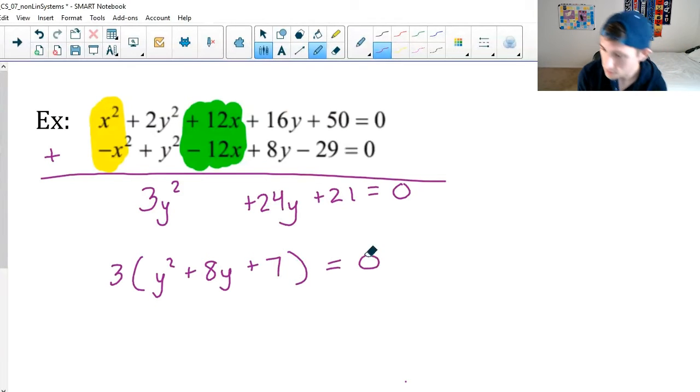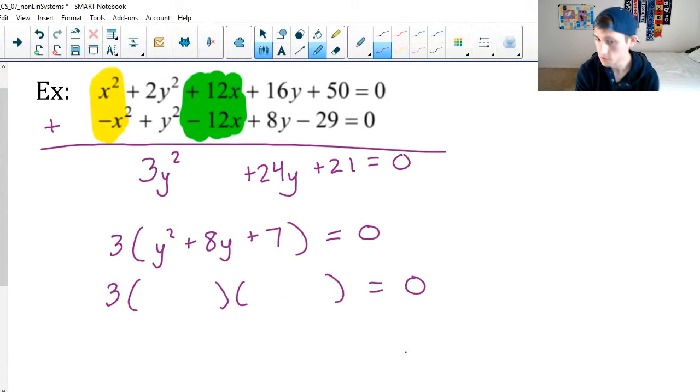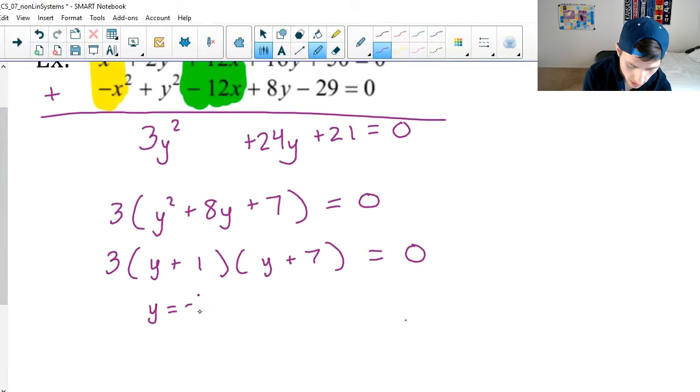I have a GCF of 3, so I'll go ahead and factor out the 3. And this trinomial I can actually factor. I'm looking for 2 numbers that multiply to make 7 and add together to make 8. So it would be y plus 1 and y plus 7. Set each factor equal to 0 and solve. So y equals -1,